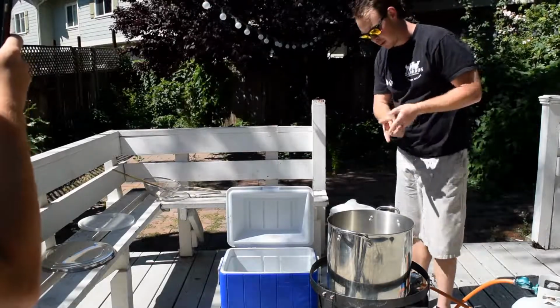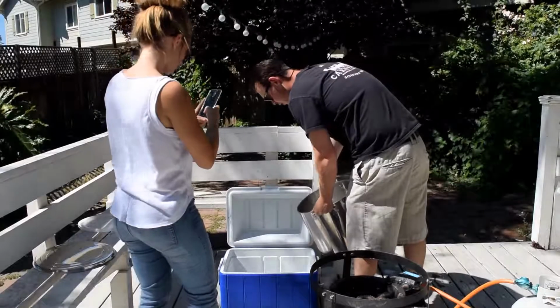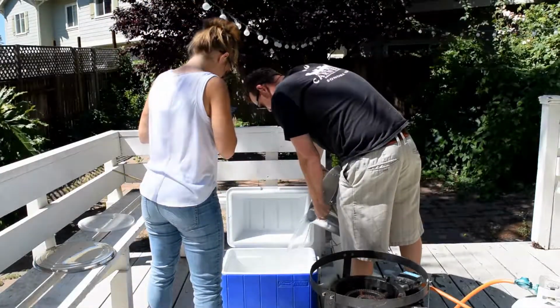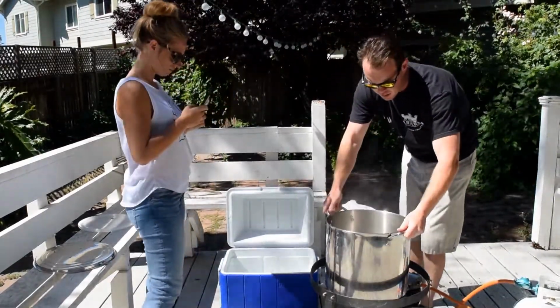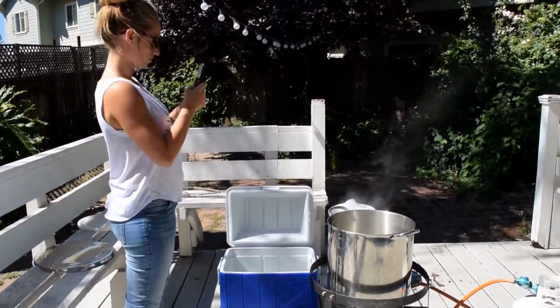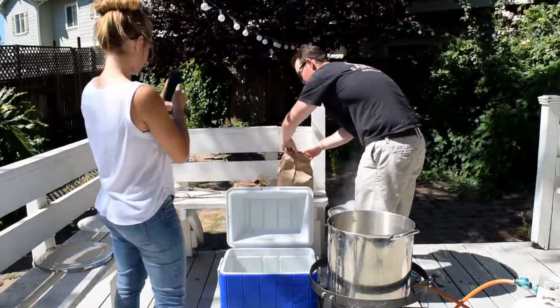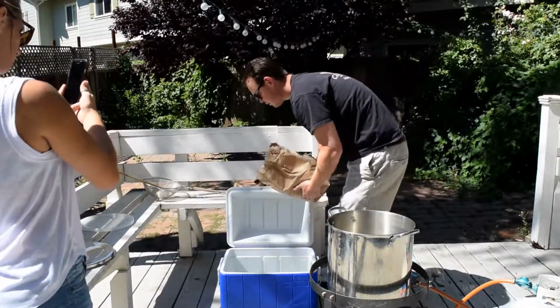I am mashing in. My water's at about 175, so I gotta pour it now. What I do is pour half my water in first to pasteurize the mash down here, and then I'm gonna get my malt over here. I'm gonna do half my base malt. You guys know, base malt sandwich, baby. Base malt sandwich. So half my base malt,